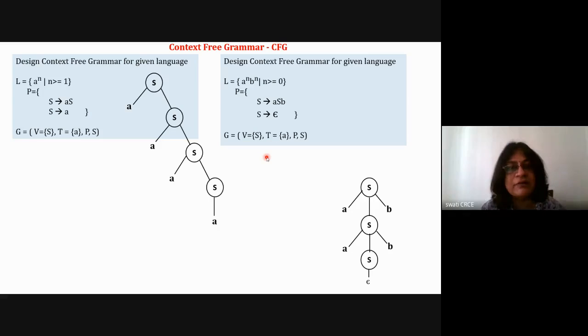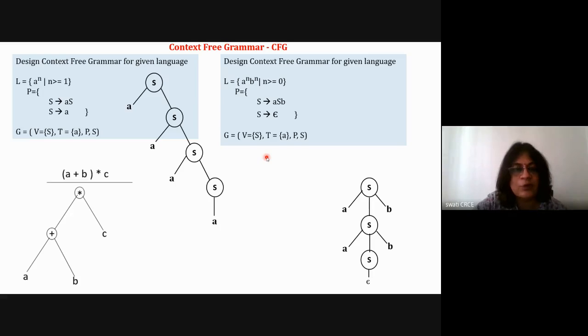So next lecture we will start with the next topic of the context free grammar. Okay, so today some designing problems. And now I told you that suppose